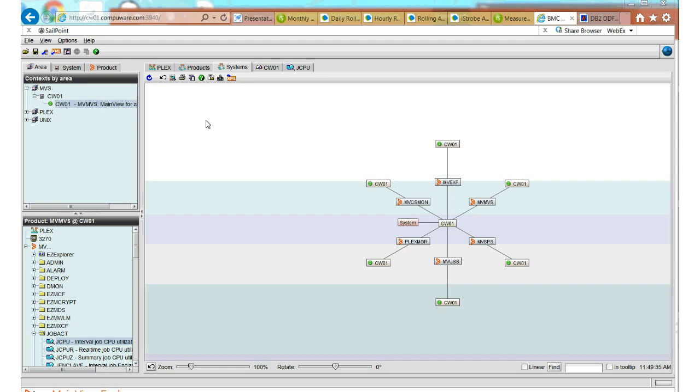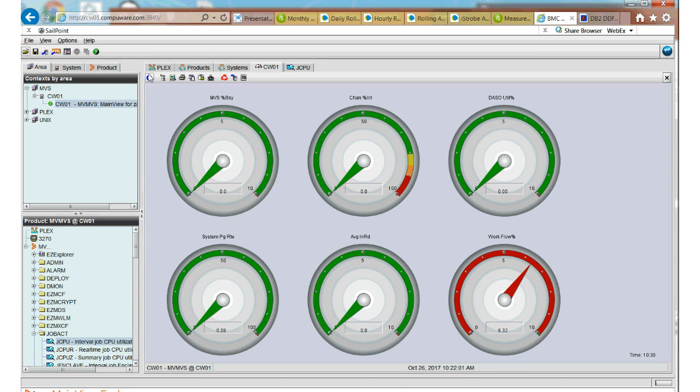So now what you see here is when we first come into the MainView Explorer, we would double-click on our CW01, which is our LPAR that we're taking a look at, and we would get a dashboard. I'll just do a slight refresh on that. And then once we've gotten into the LPAR, then all of the products will go down here to the job